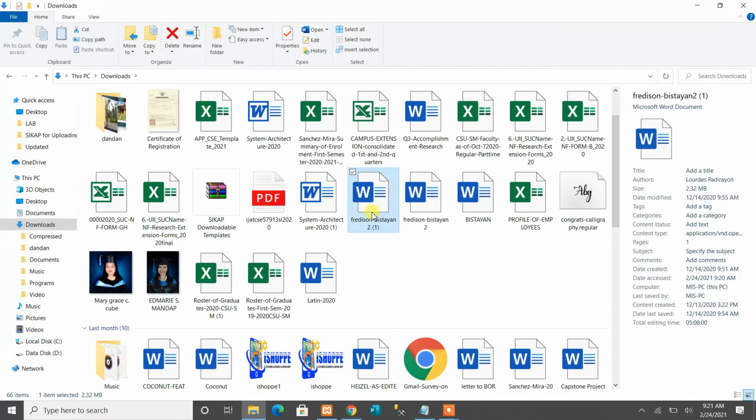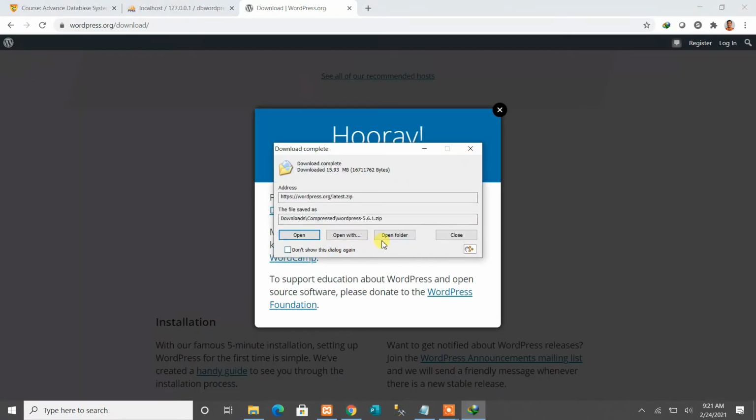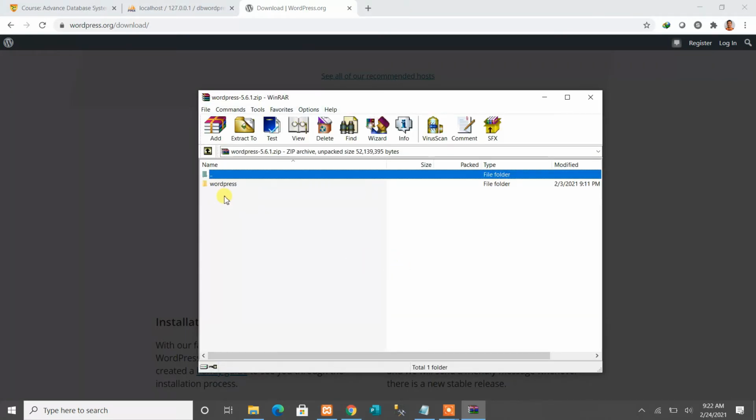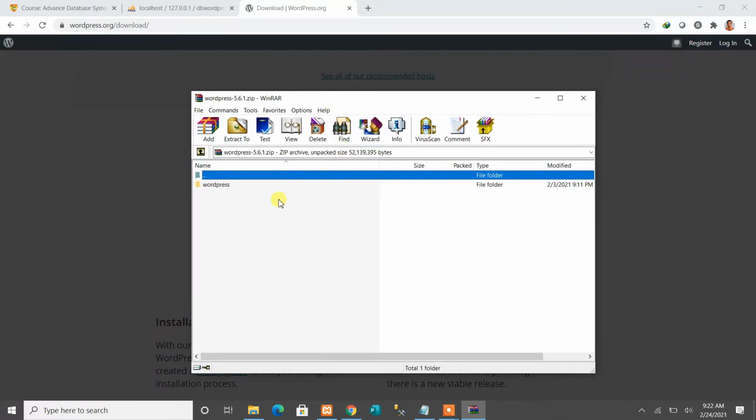Wala dito. Okay, I think we need to download. Open lang natin siya. Okay, so yun talaga yun. Now, so next thing you do here after downloading is you're going to